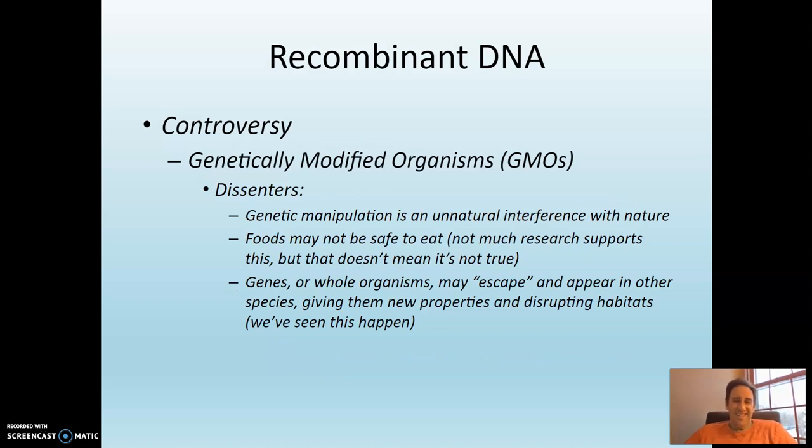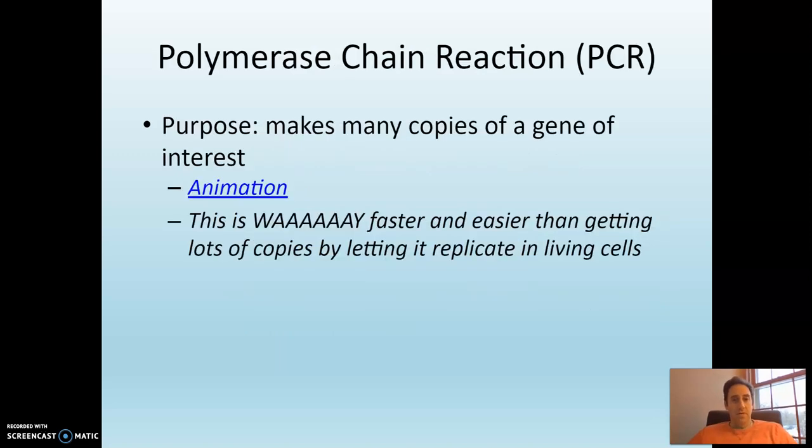Dissenters say that, well, this is different than just artificially breeding certain traits. This is definitely unnatural. They suggest that foods may not be safe to eat. There isn't much research supporting this yet, but that doesn't mean it's not true. And then genes or whole organisms can escape and then appear in other species, which can be disruptive, and we have seen that happening. So we're out of